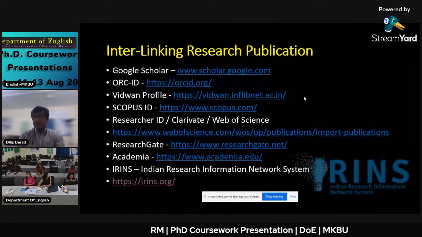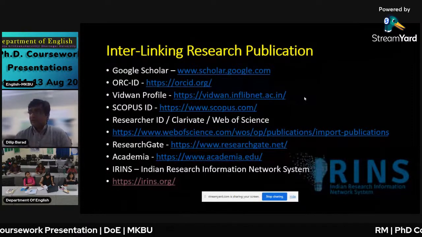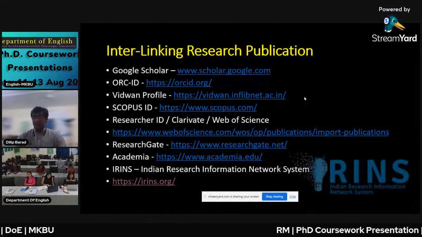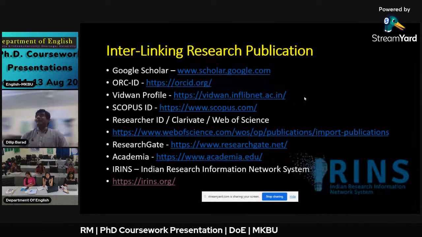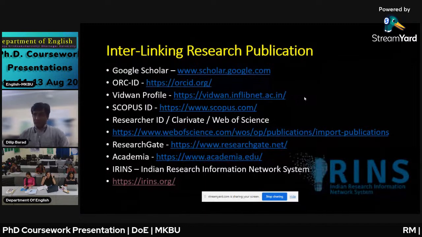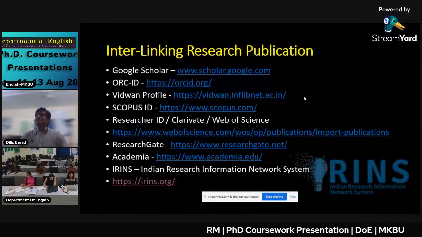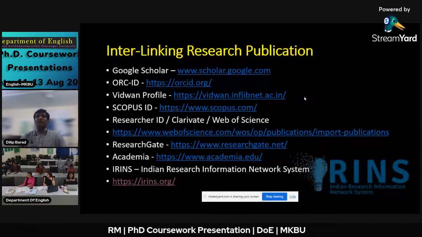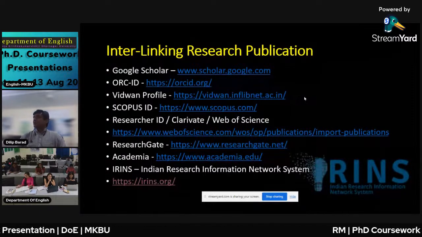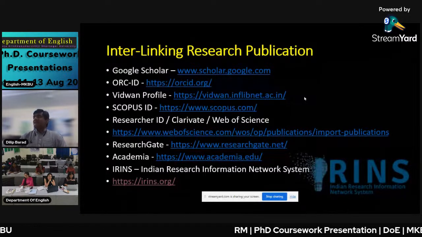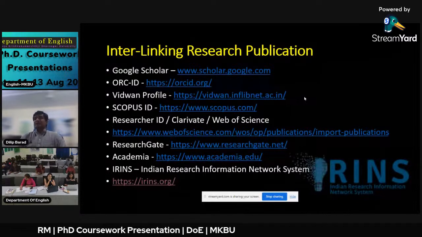If it is not prepared, then work on it today and make your ORCID. Also, you can make a Google Scholar ID free of cost with your main official email ID, the official ID which you will be using for your research publications. Be careful that you do not keep changing your email IDs. Whichever email ID you use to open ORCID or other platforms, use the same ID for Google Scholar, so that all your research publications get interlinked with each other. Otherwise, your citation index will not be properly calculated.